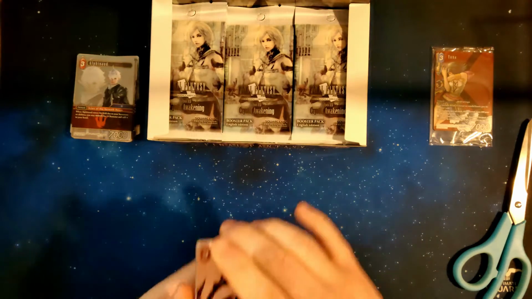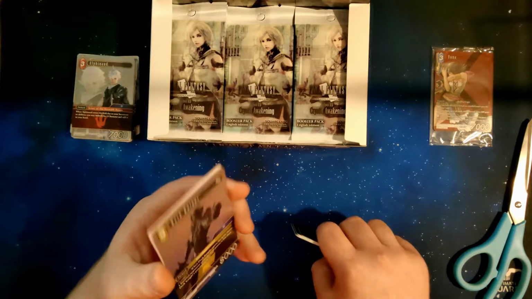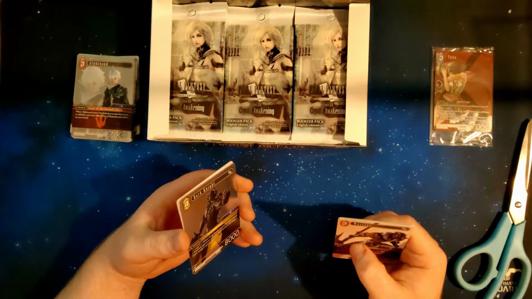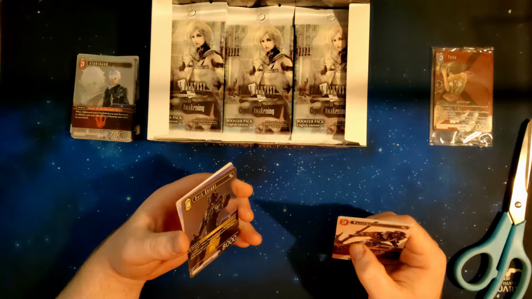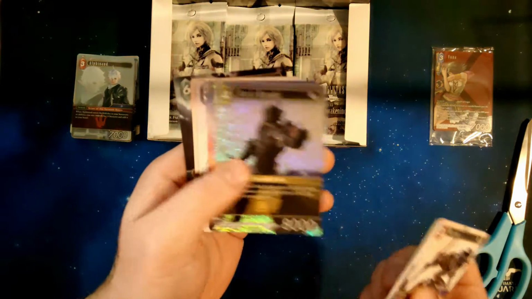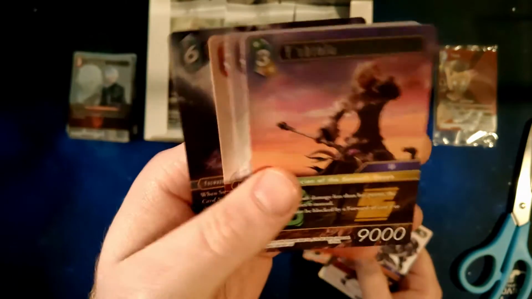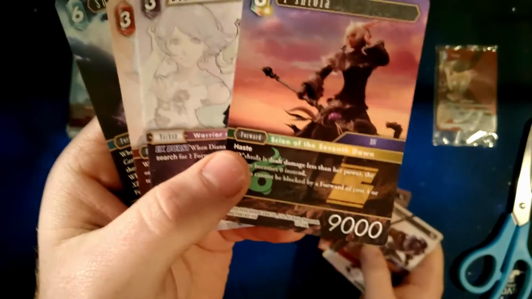Also, there's the legacy cards this set as well. So there's Minwoo, Shantoto, and what's the last card? Minwoo, Shantoto, and another card that I forget. Foil Knight and Ishtola, First Legend. A decent card, or a very good card actually, but